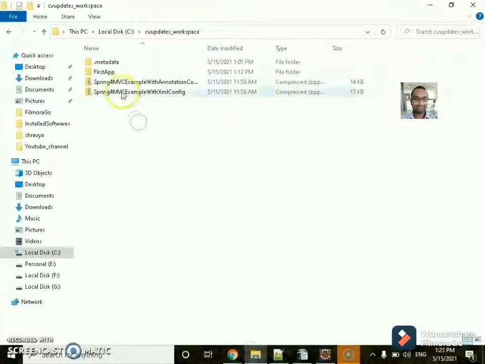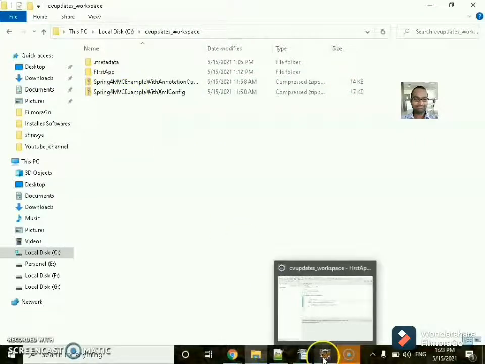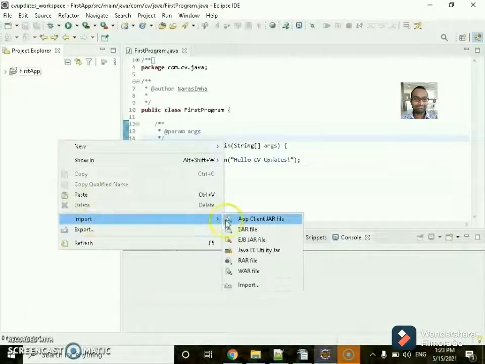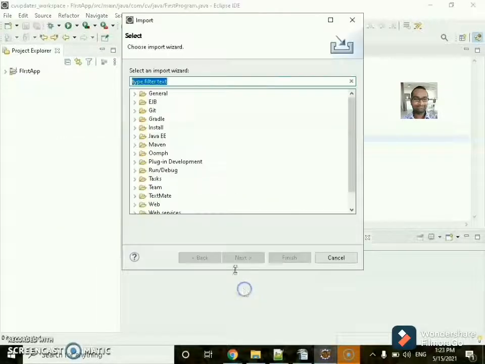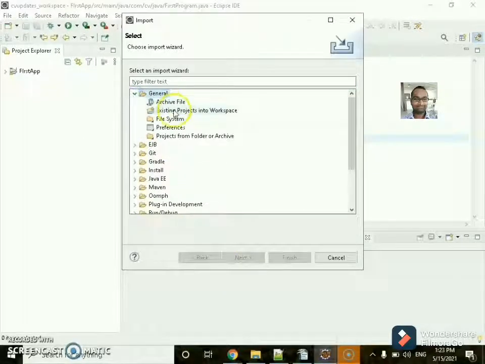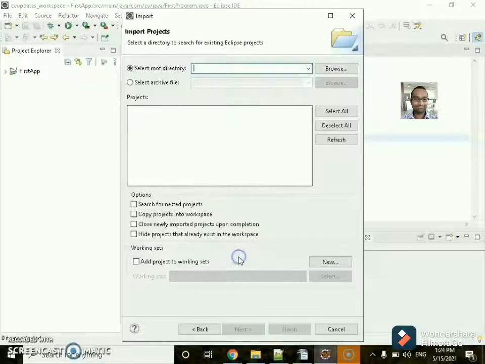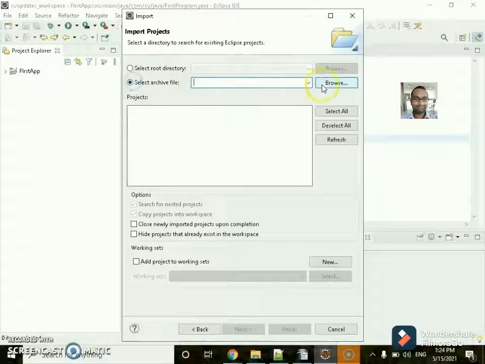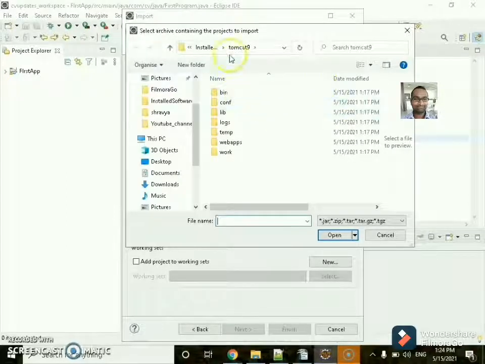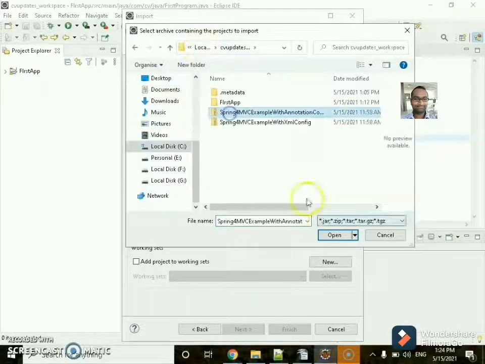So I have already created two Spring applications. I am importing them into the Eclipse. Go to import. Click on general. Click on existing projects into workspace. Click on next. Select the archive file. Click on browse.